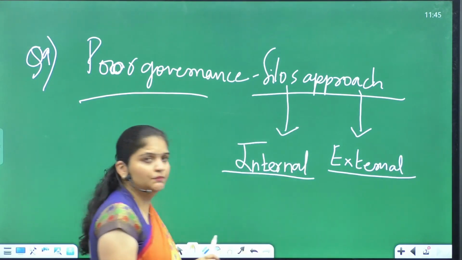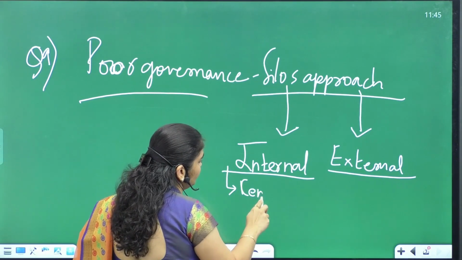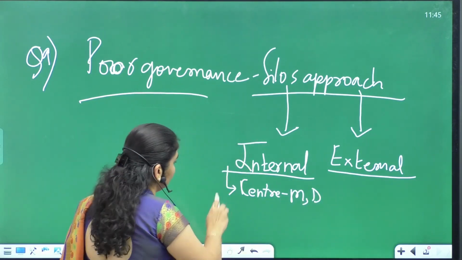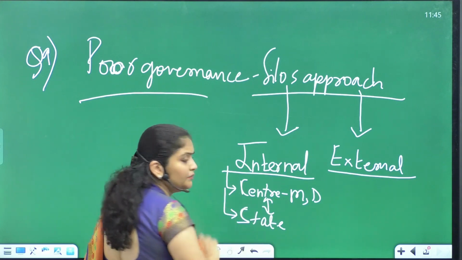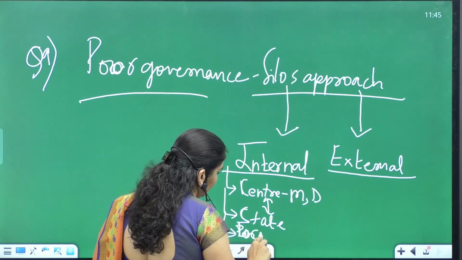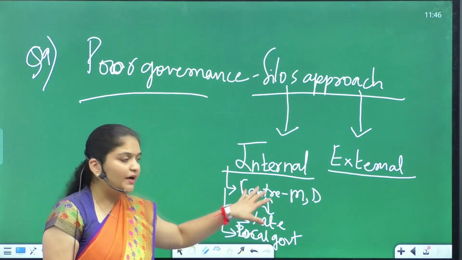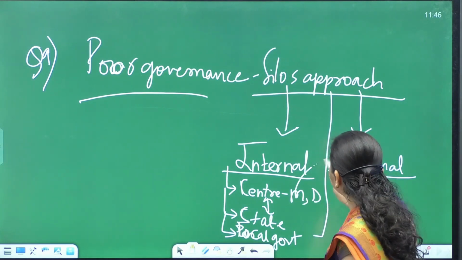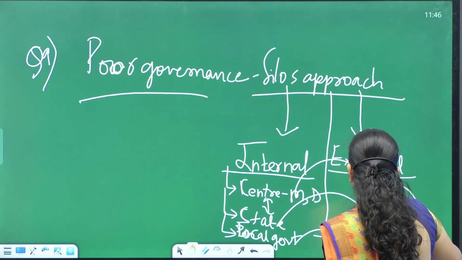So देखो, internal within the government machinery मतलब across, for example, center, the ministries, the departments, okay, state, to what extent there is coordination between these two, at the level of the panchayat, local government. So all are compartmentalized. External, which means government is working alone, is at every level it is associated with people or no, citizen or no.